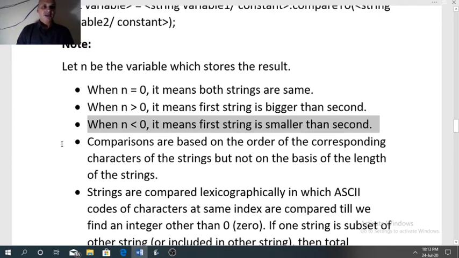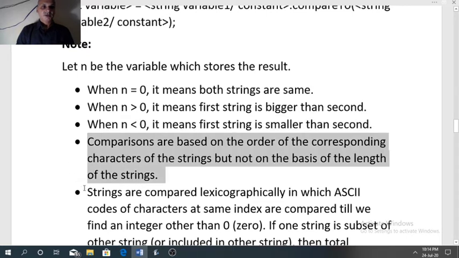Now see, this point is very important. Comparisons are based on the order of the corresponding characters of the strings, but not on the basis of the length of the string. It means if you have two strings to compare, the number of characters forms the length of the string.